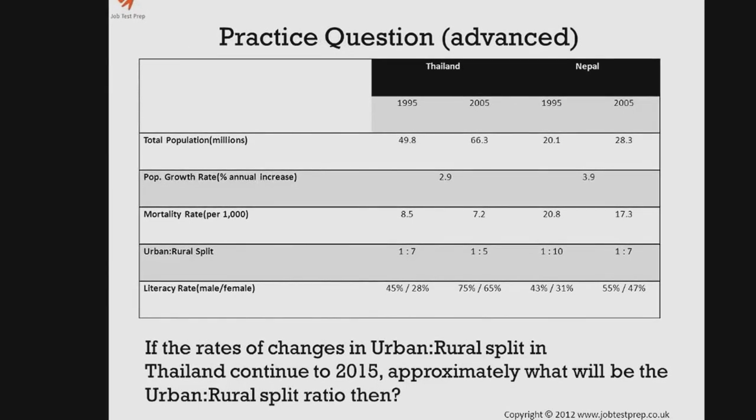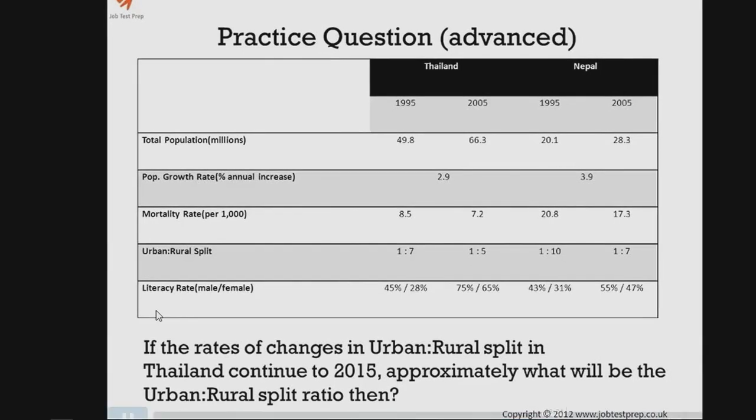Let's look at an example from our testing system. The table shows some statistics about the populations of Thailand and Nepal. If the rates of changes